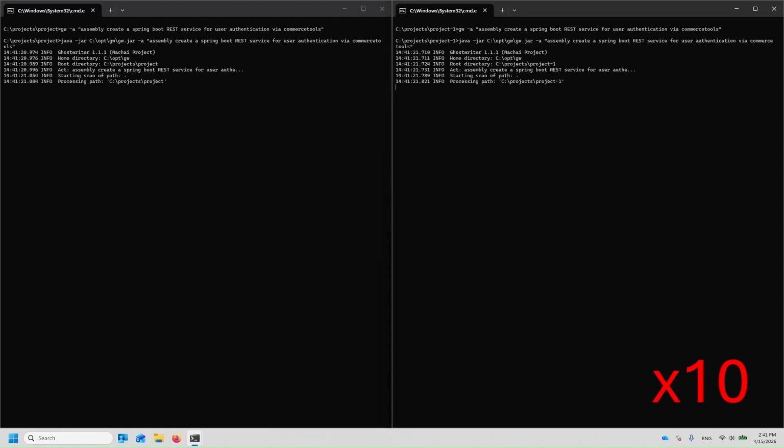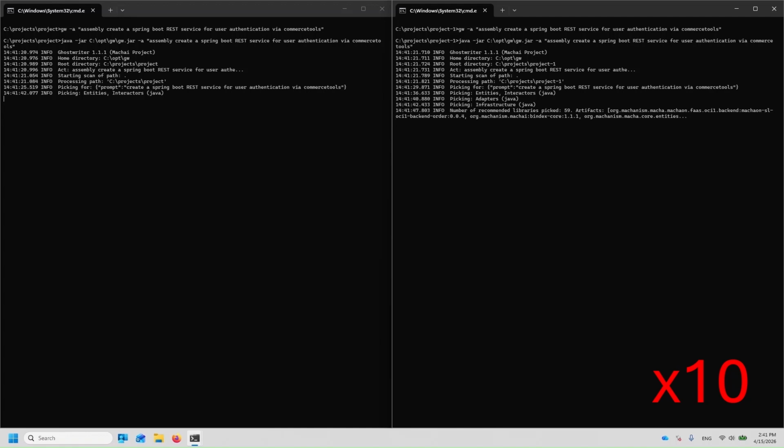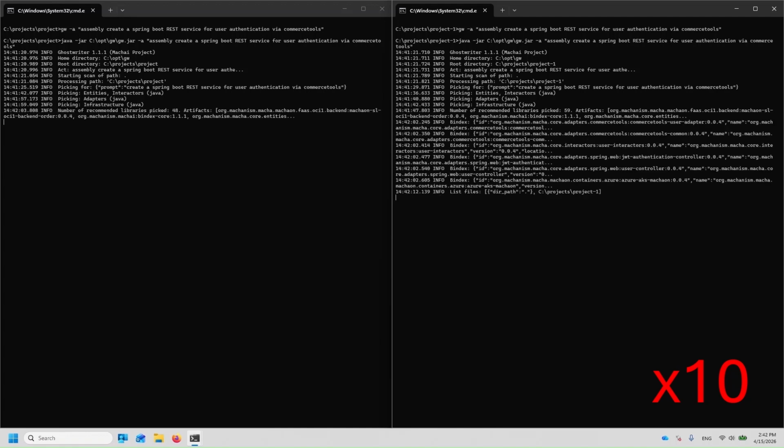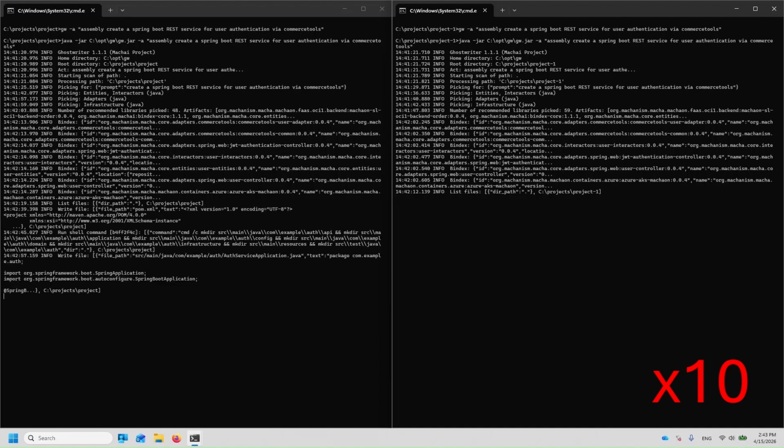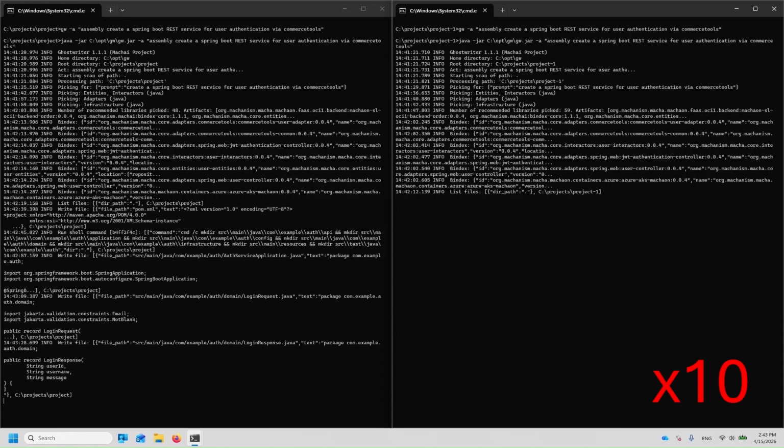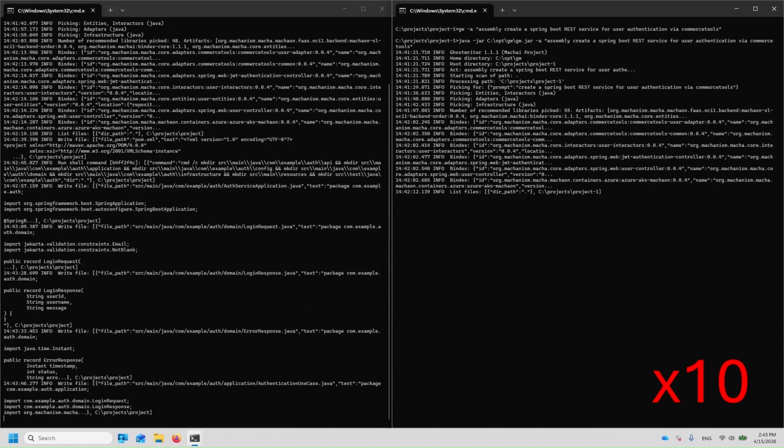Since our goal is not just to set up a project based on a request, but also to design a system that assembles projects more predictably, we launched 2 projects simultaneously to compare their outcomes. These projects are assembled independently and have no knowledge of each other. To save time, the assembly process has been accelerated by a factor of 10. As you can see from the logs, the results are different.